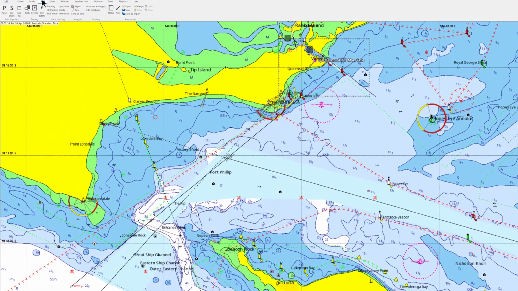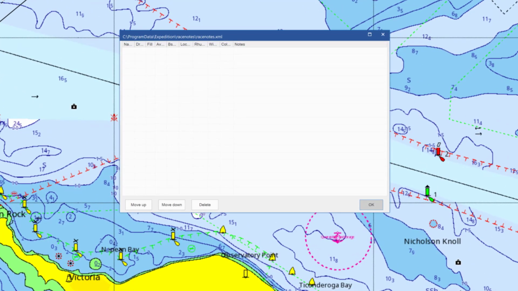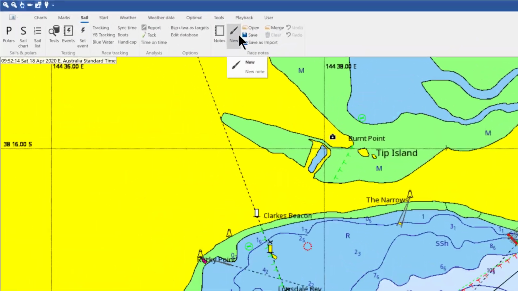So, Sail, and then you can see under Sail you've got Notes. I'll just check what I've got there. I've just got the default race notes. It's empty, so that's great. So I want to create a new note,